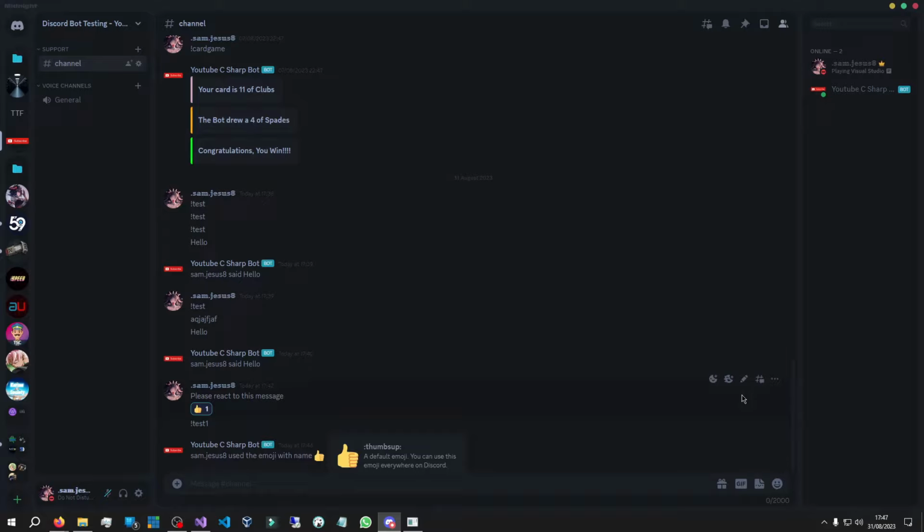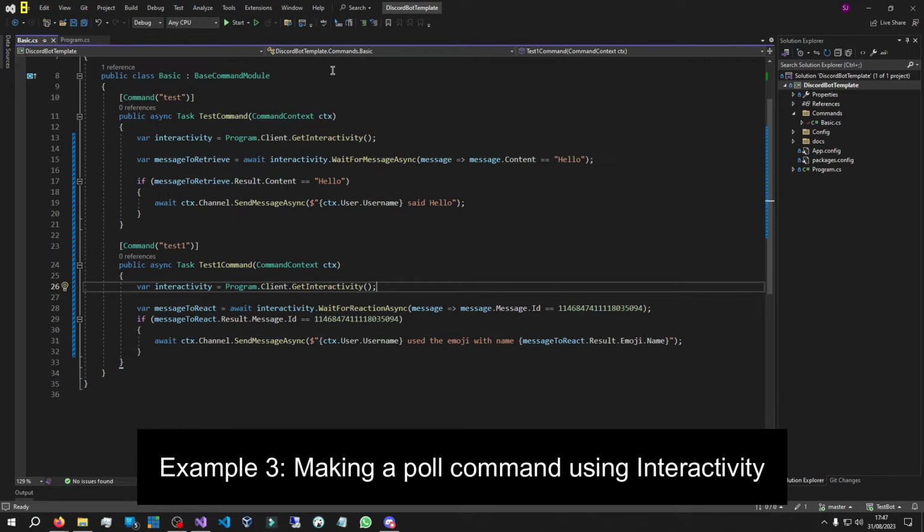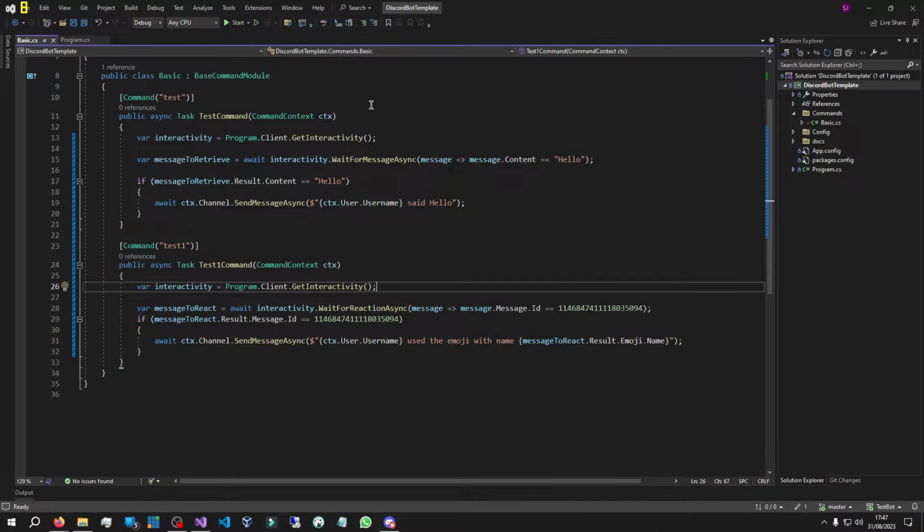So it can wait for them to react for a tick, and then it'll do a specific task, like store some details or whatever. So these are two cool basic examples. Let's do a real life command. So what I'm going to do in this video is make a nice poll command